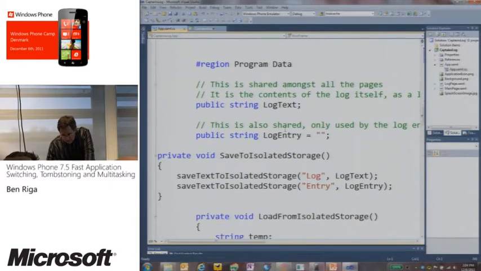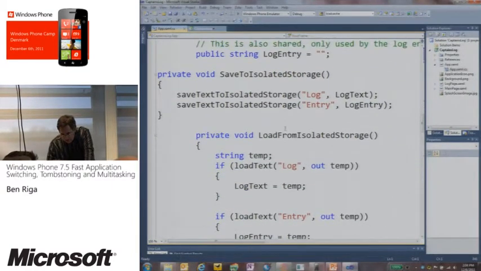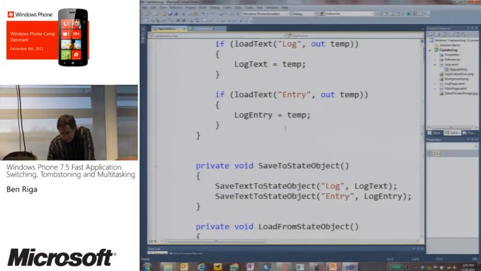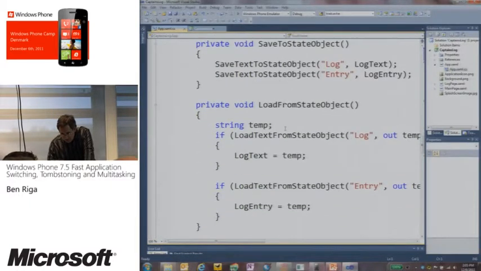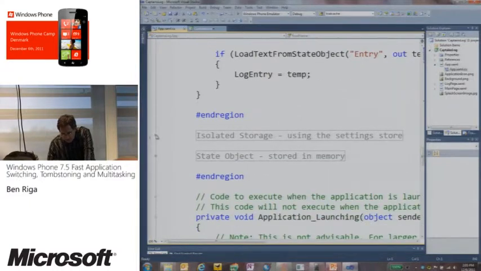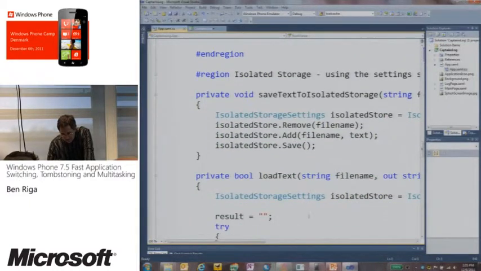So here's the data, and here's the save to isolated storage, and load from isolated storage, save to state object. It's pretty straightforward stuff. And then, so isolated storage, here's the